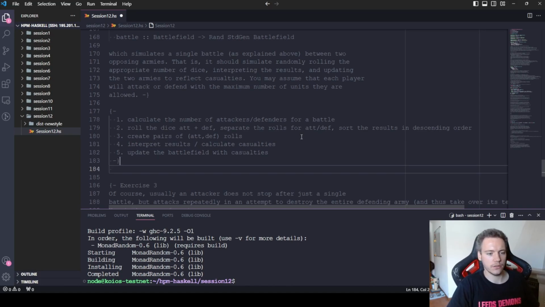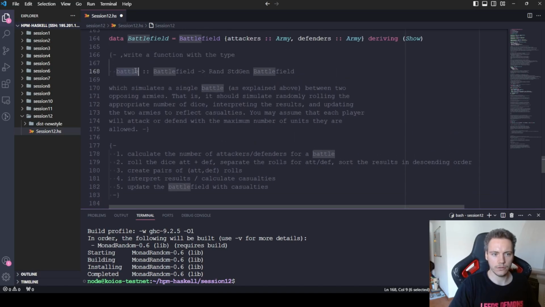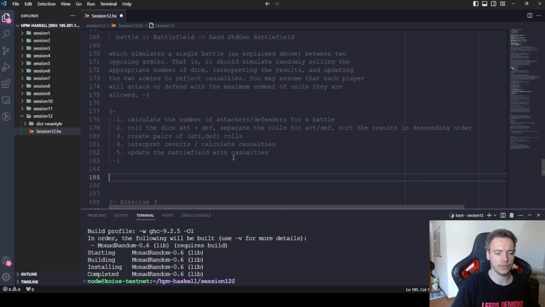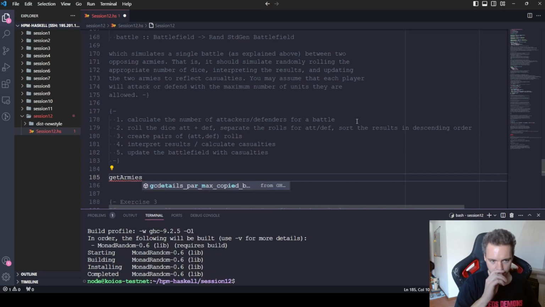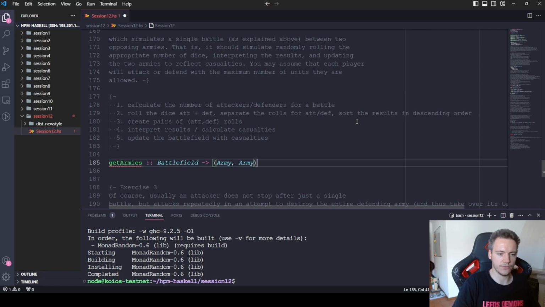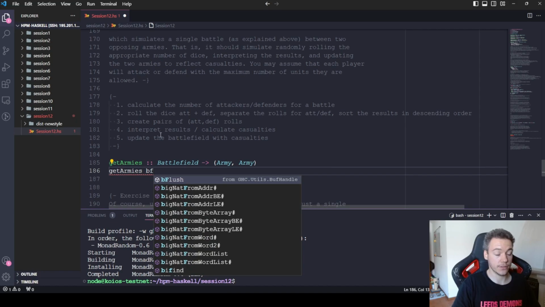Okay, I think that's pretty much what we need to do. So we'll write the battle function at the end, and we'll start with these simpler helper functions that are going to eventually get us there. So the first thing is calculate the number of attackers and defenders for a battle. So we can call this function get armies, that given a battlefield gives us a tuple of army. So a tuple of attackers and defenders. And so get armies accepts a battlefield as its argument,